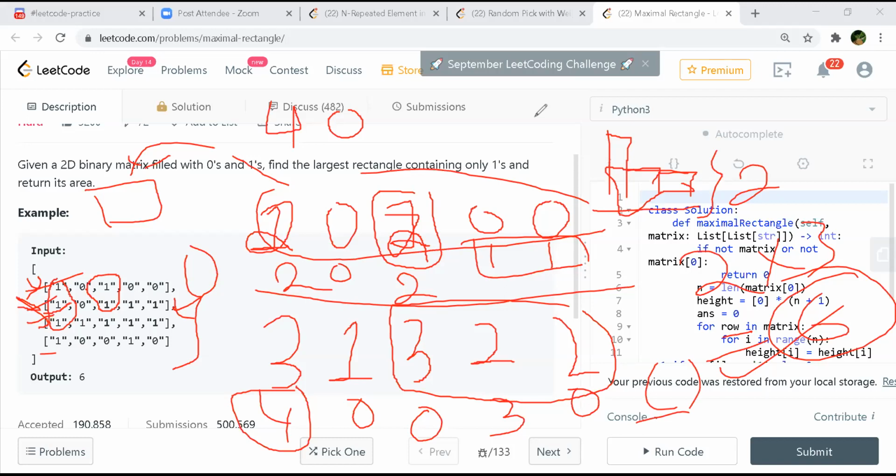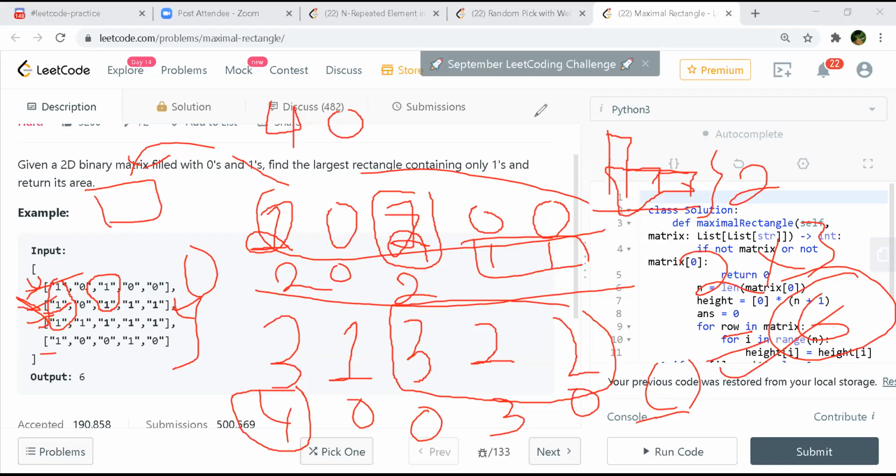Right, so every row into O of number of columns. For every row I'm doing that operation, and the complexity of the stack code would be the number of columns. Right, exactly. So number of rows into number of columns.